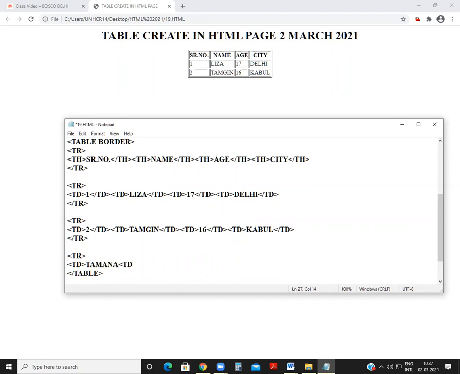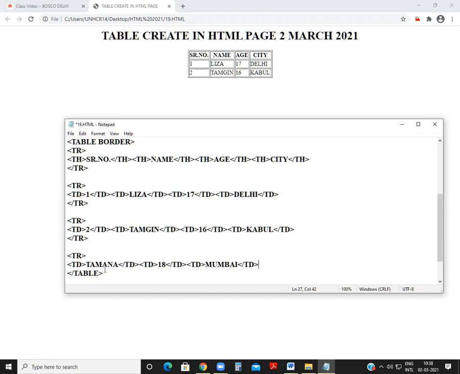Then we have to close this TD, opening and closing tag. Again TD, what age should we write in this? Let's make it 18. TD closed. Then again TD, Mumbai. TD closed. Okay.